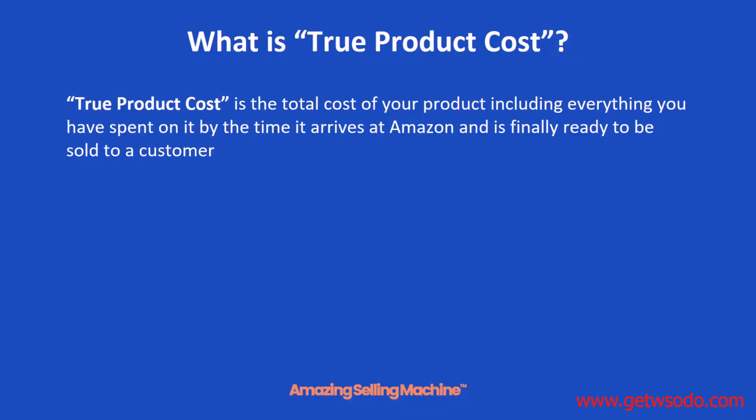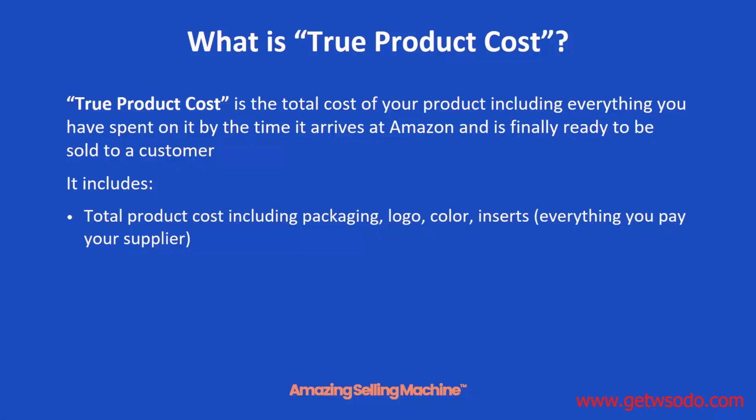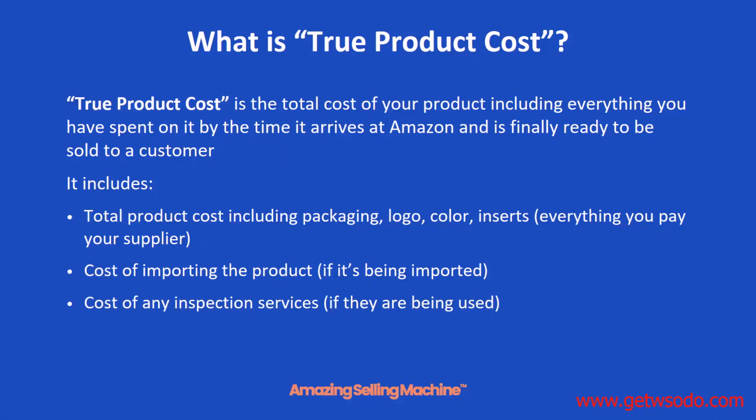The true product cost is the total cost of your product, including everything that you spent on it by the time that it arrives at Amazon and is finally ready to be sold to a customer. This includes the total product cost, including packaging, logo, color, inserts, basically everything that you pay your supplier for your product. It also includes the cost of importing the product if you happen to be importing it,